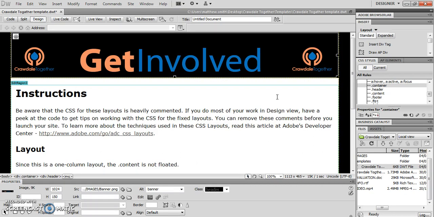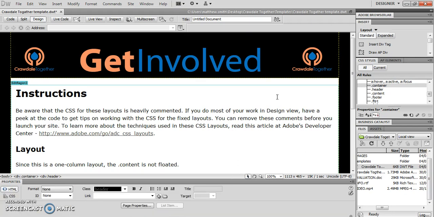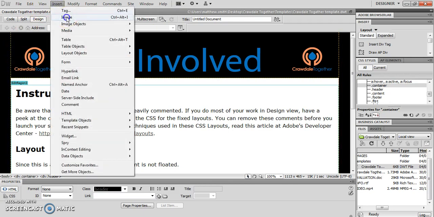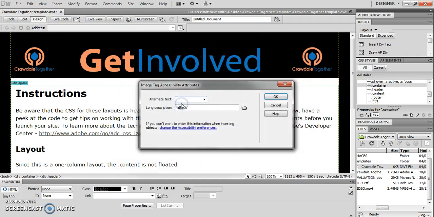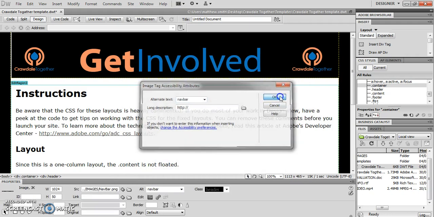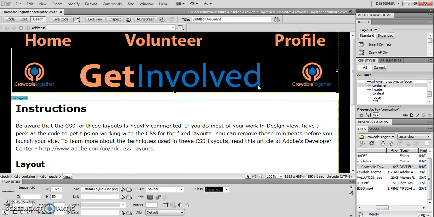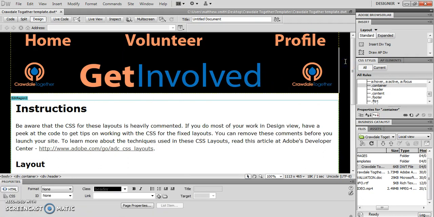So what we need now is for the navigation bar to be above the banner. So I'm just going to click away from the banner. You can see that my cursor here is just flashing before the banner. And then I'm just going to insert my navigation bar. Again, putting in my accessibility text for people with visual accessibility issues. Click OK, and there you go. You can see that the navigation bar has come in on top of our banner, exactly what they asked for, and then we can just save